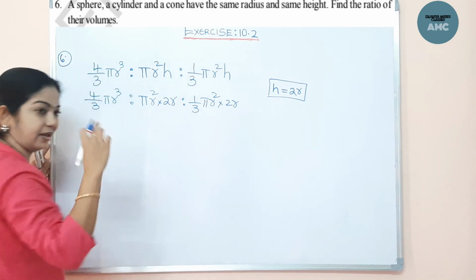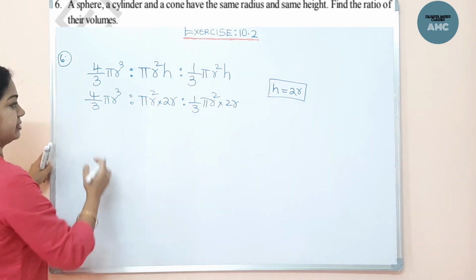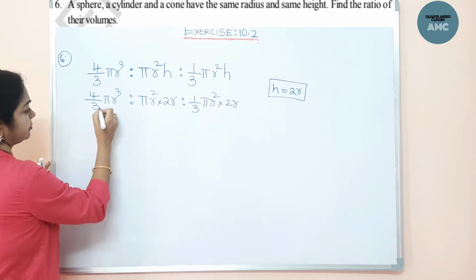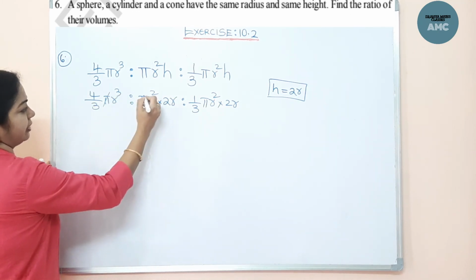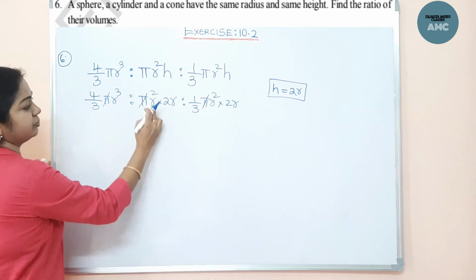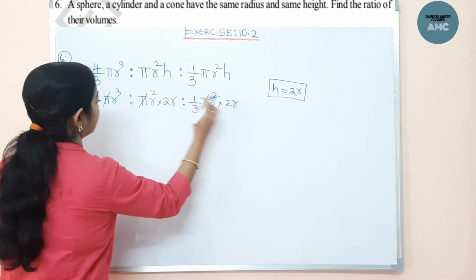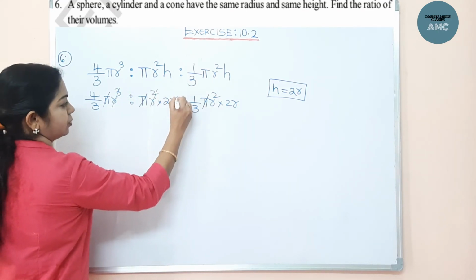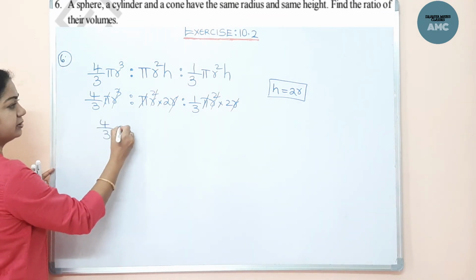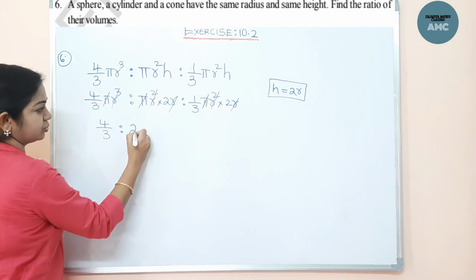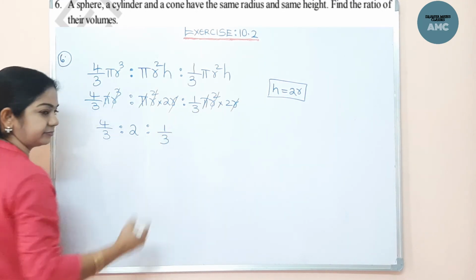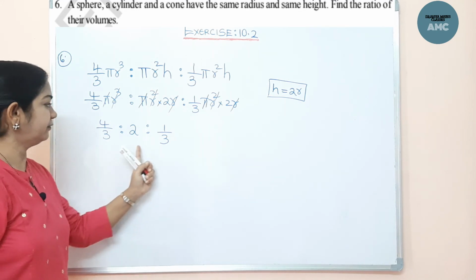The hint is given that the height is twice the radius. Now all are in pi and 2r. Let me cancel it off. Here, if you see the pi value, I'll eliminate the pi value in all the three, and r cube here also, r cube here also, r cube. So I can cancel all the r's. Now the leftover is 4 by 3 here. Here just 2 is 2 here. All are cut here. Now clearly we got 3 terms.